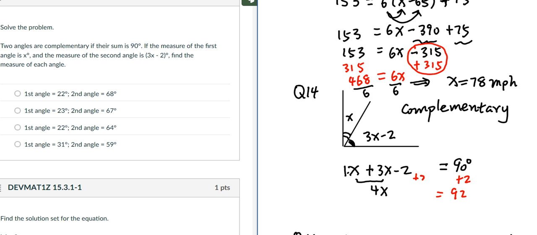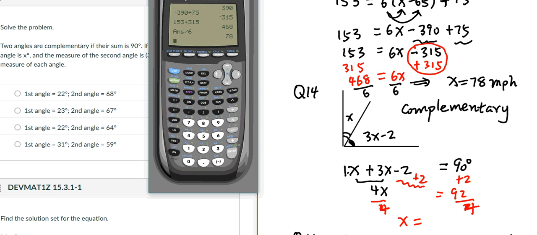Plus 2 on both sides. You get to cancel these 2. So then we divide, no, divide 4 on both sides. 4 divided by 4 is 1. So x stands alone. And then 92 divided by 4 is 23. So we know x is 23